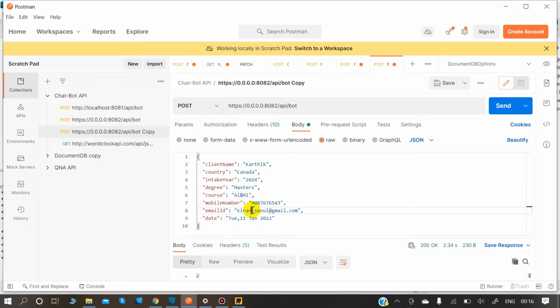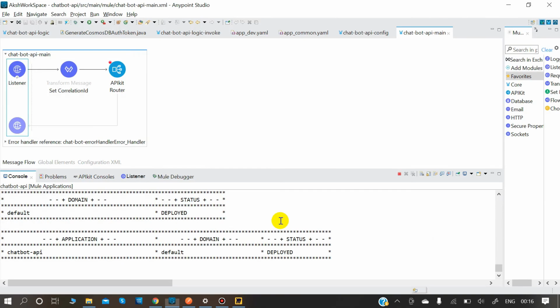And then here Arthik, 90, and then gmail.com. So let's see.